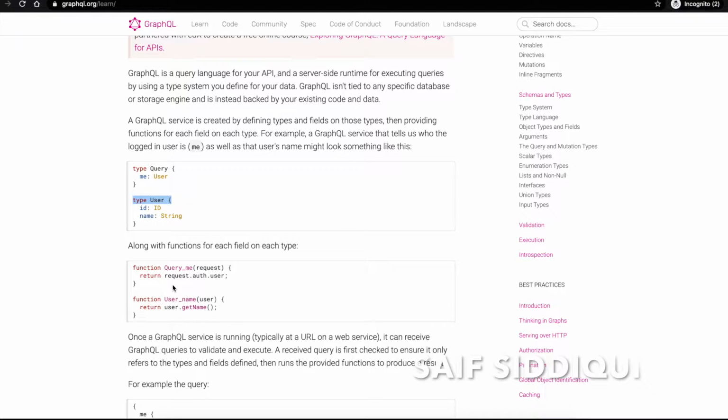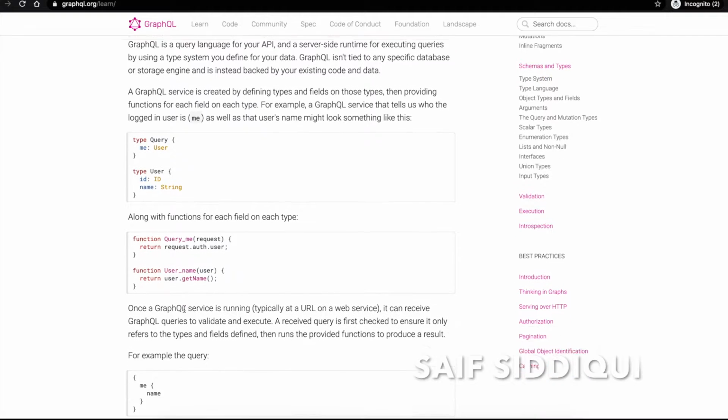There can also be some functions like Query me, request.auth.user, function username, return user.getName. So you see that you are easily able to understand that in this function the user is returning the request for the authorized user, and then in the username function it is returning the username from getName.